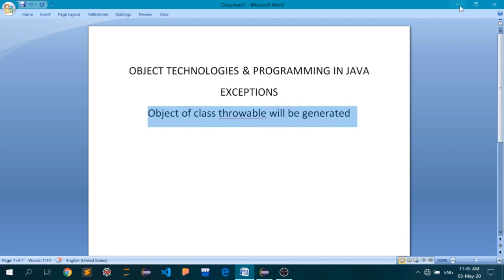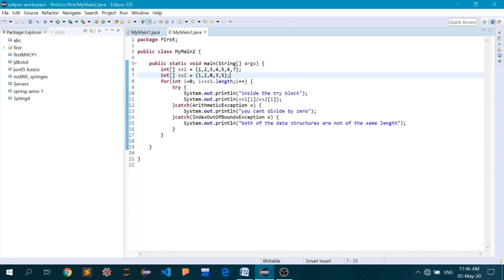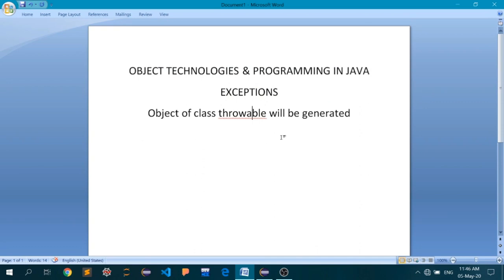But what if you want to do that manually? Now how can you do that? You can do that by using a keyword called throw. Okay, so what must be the syntax? Let me remind you that again. What we have to do here is manually generate an object of class throwable or any of its subclasses. If you remember the name of any of its subclasses or the subclasses of those subclasses,